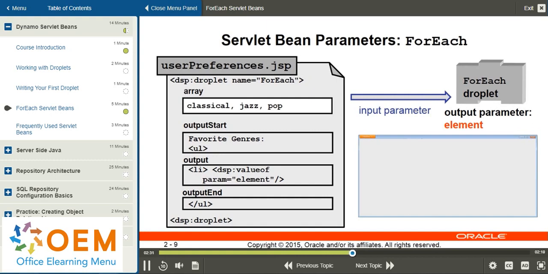Next, we have the output parameters. Count: this parameter is set to the one-based index of the current element of the array each time that the output parameter is rendered. The value of the count for the first iteration is 1. Key: if the array parameter is a map or a dictionary, this parameter is set to the value of the key in the map or the dictionary. And size: this parameter is set to the size of the array if applicable. If the array is an enumeration or an iterator, size is set to -1. And for open